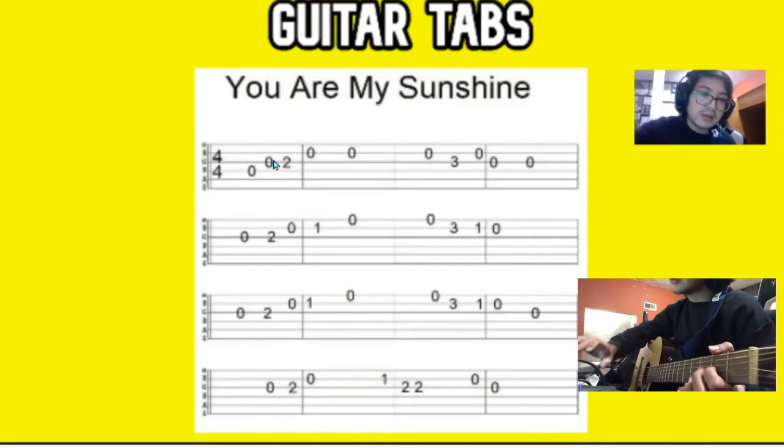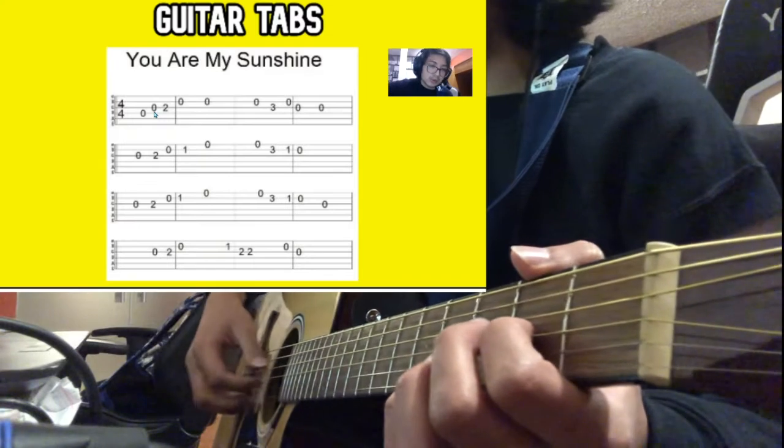And then you place your finger in the 2nd fret. It actually doesn't represent your fingers, but the frets you're supposed to play. And when you do it in the right way,